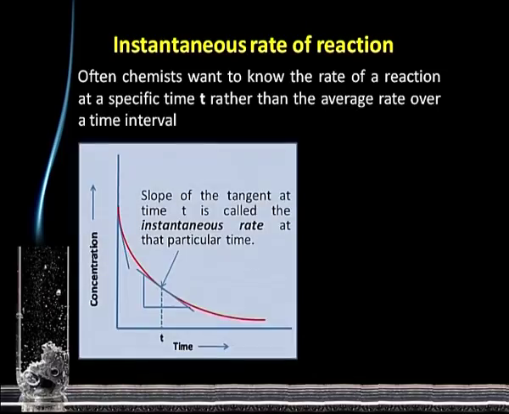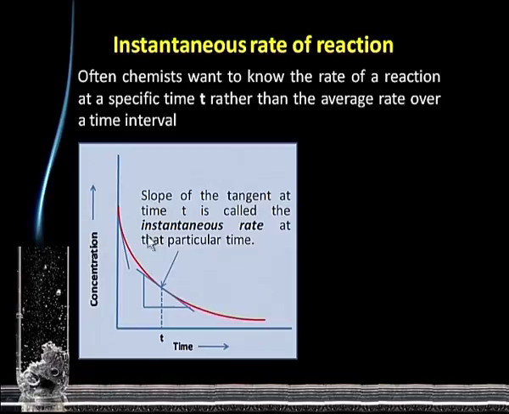Sometimes we become interested in finding out the rate of reaction at a particular instant, say at 10 minutes or 20 minutes. In such a case, we can look at the concentration profile that we have, find out at what time we want to get the rate. At this point, draw a tangent and work out the slope or the gradient,